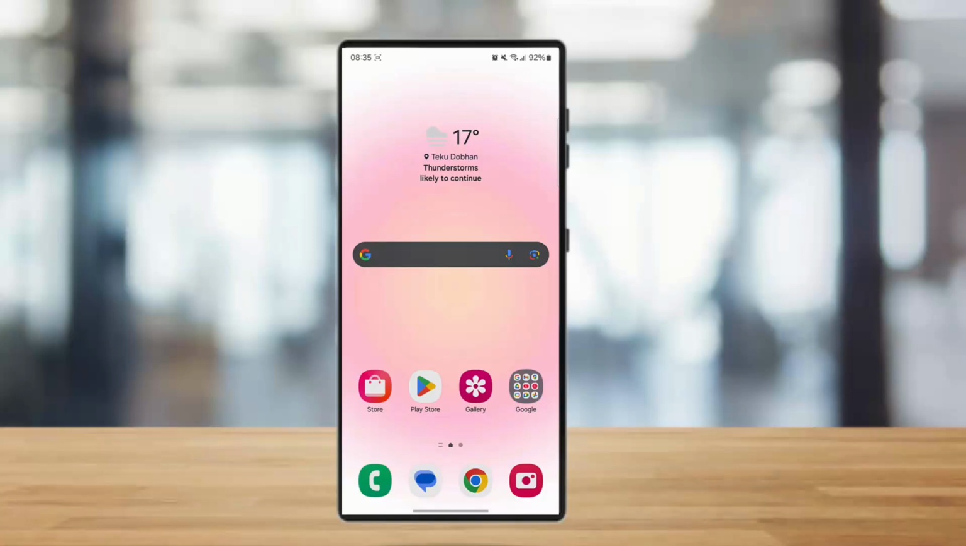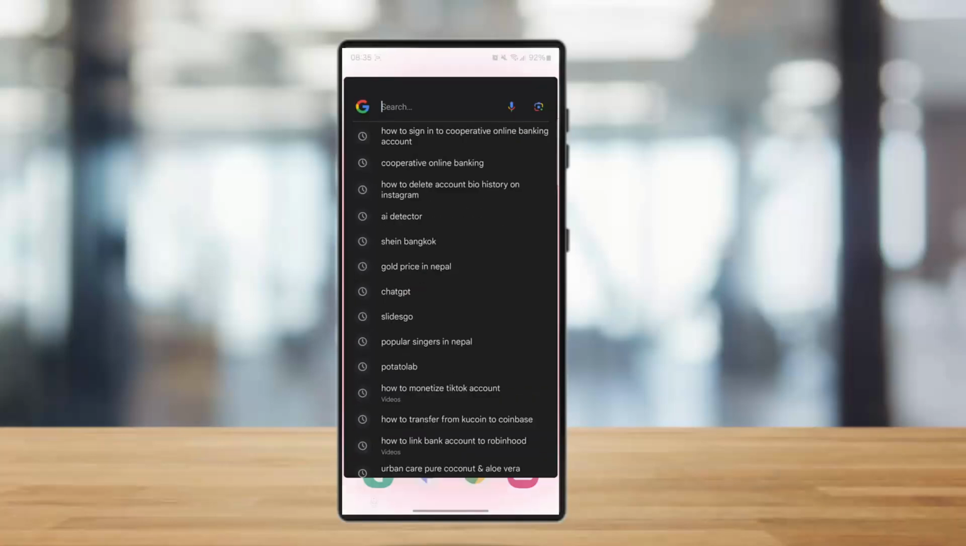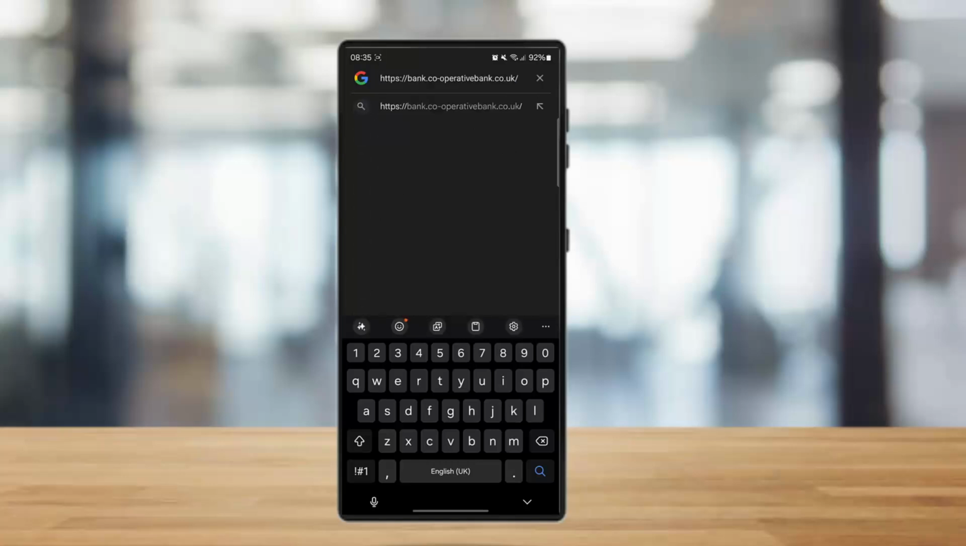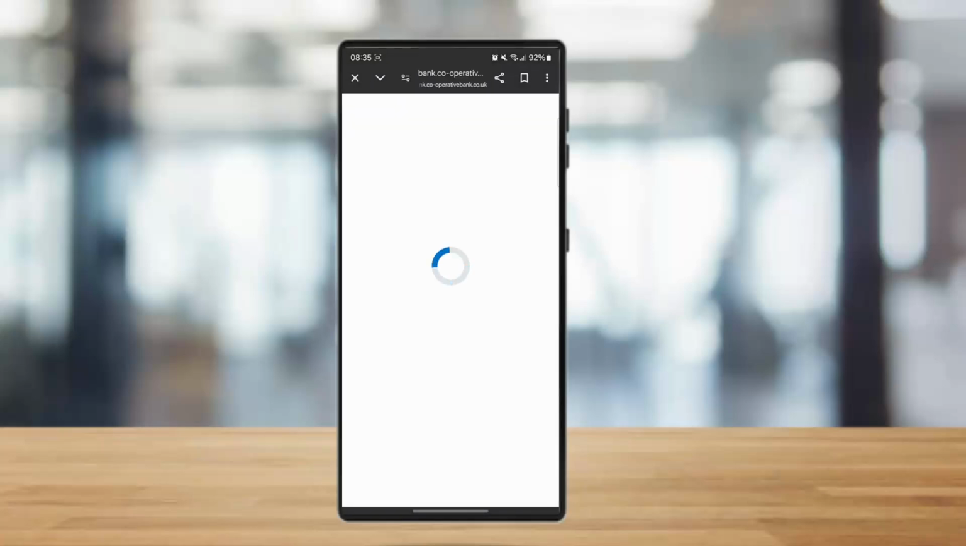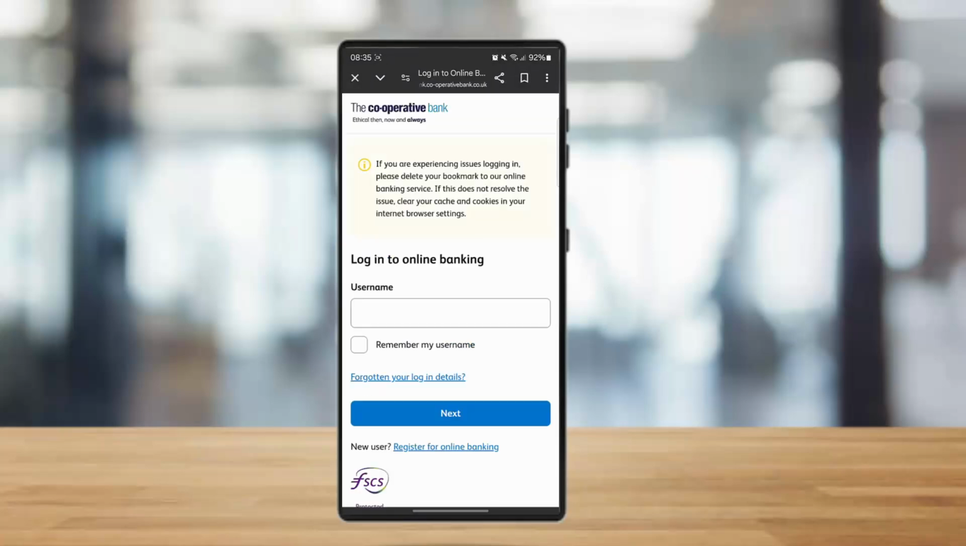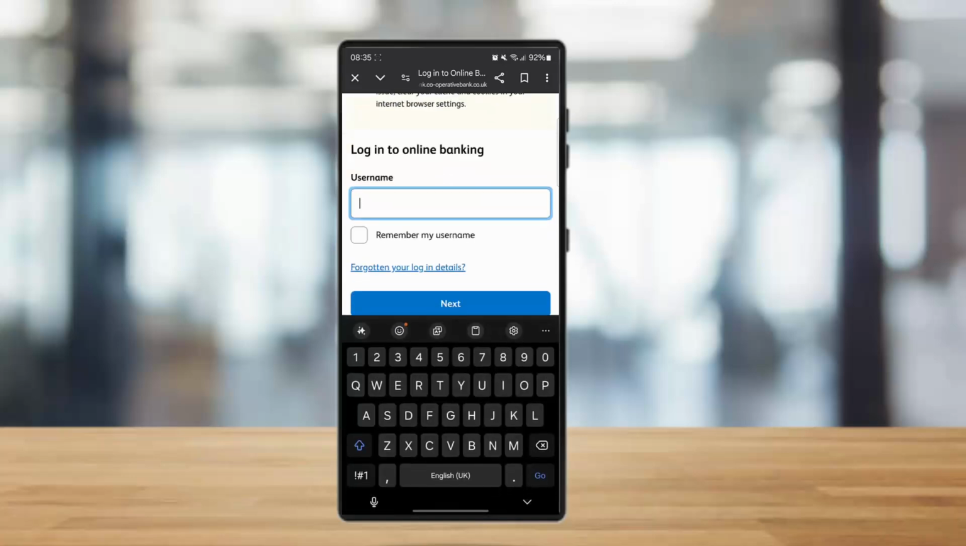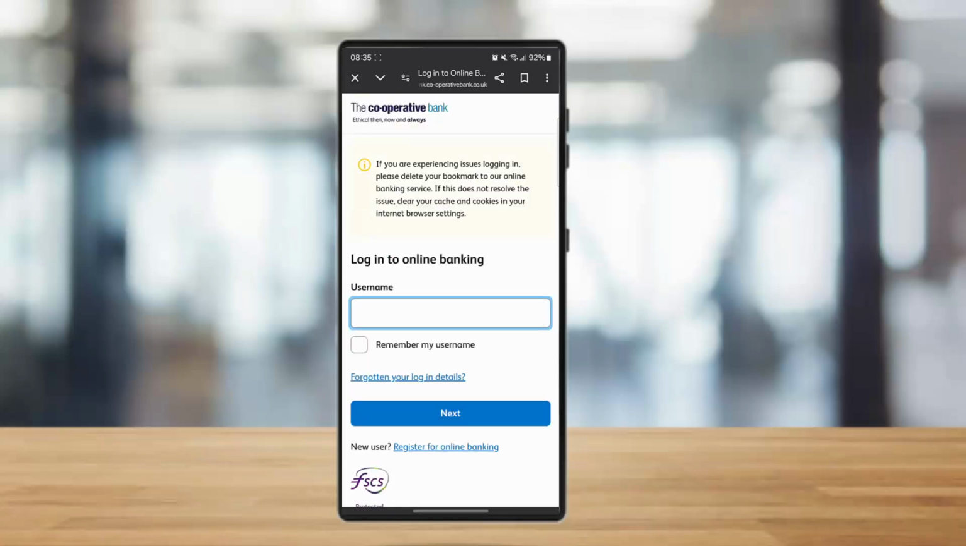So for this, simply open a web browser of your preference and type in the URL www.bank.cooperativebank.co.uk. Once you do this, you'll end up on the official website of Cooperative Bank. So now to log in to your account or to sign in, simply type in your login credentials like a